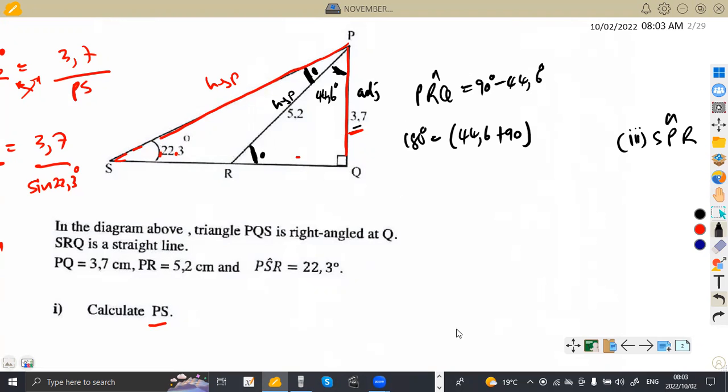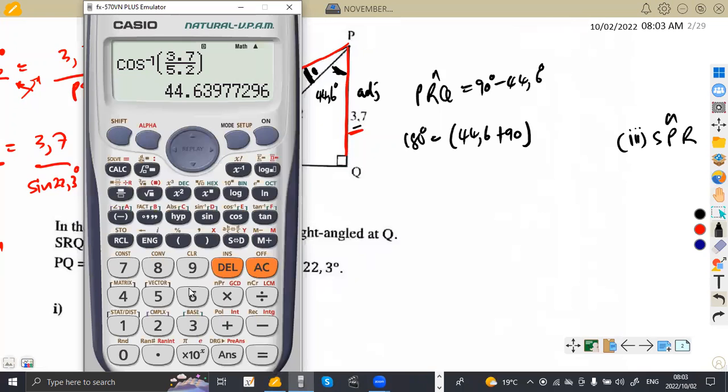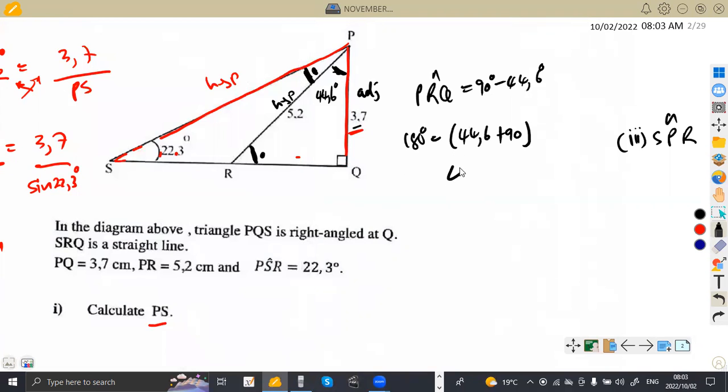All right, so what are we going to have at the end? 90 minus 44.6. Okay, this is 44.6. It's going to give us 45.4. That is 45.4 degrees. Okay, so the question is now, these two parts here that we have, because we want to calculate